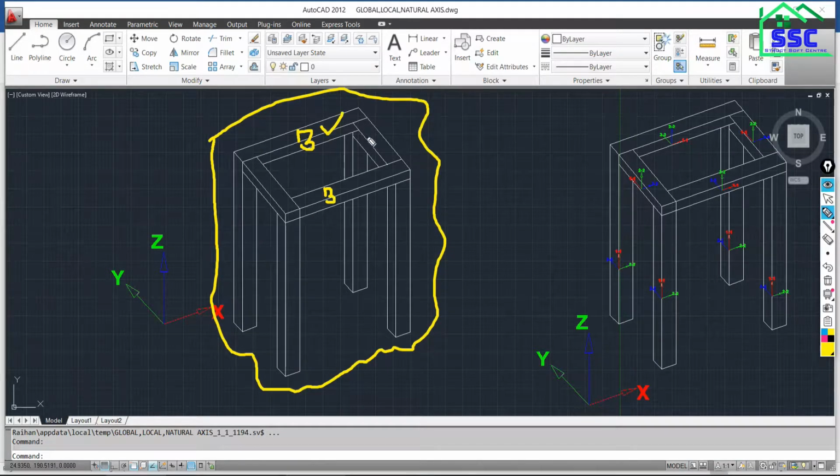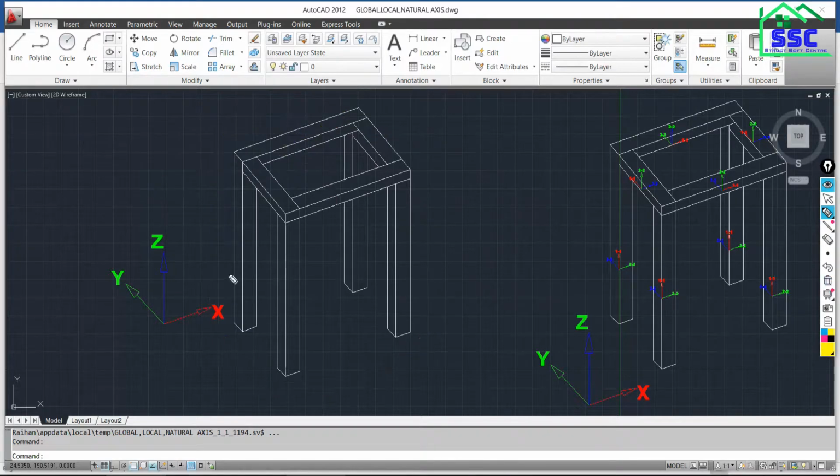This is a beam, this is again a beam, and this is a column. These individual members are also solid members with 3 dimensions: they have width, depth, and length. So these individual structural elements, such as beam, column, and slabs, have their own dimensions of width, depth, and length. To represent the length, we use one axis.